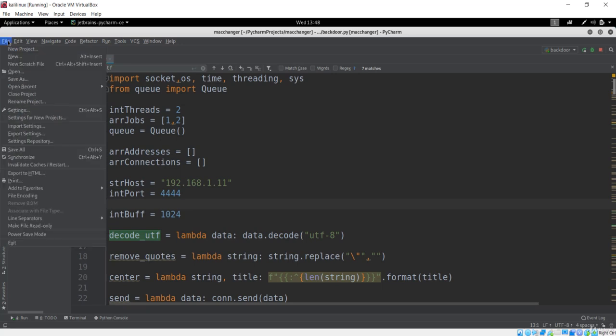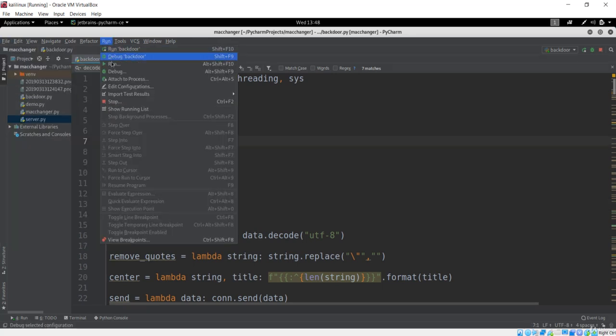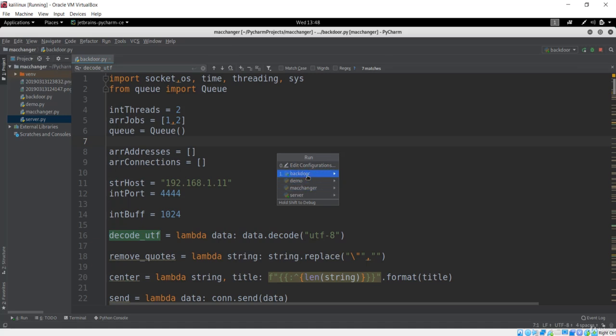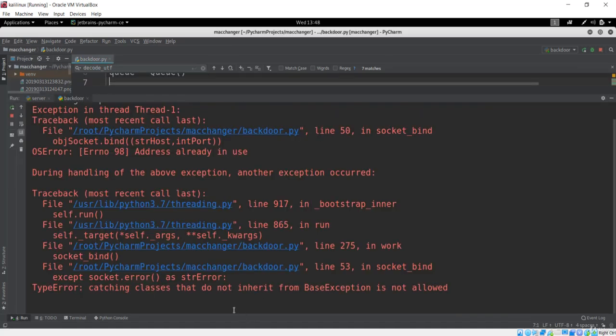Let me run it one more time. Maybe we can clear this and run the backdoor again, stop and rerun. It is saying it is not valid, or basically the exception is catching classes that do not inherit from the base exception. So let's go here,